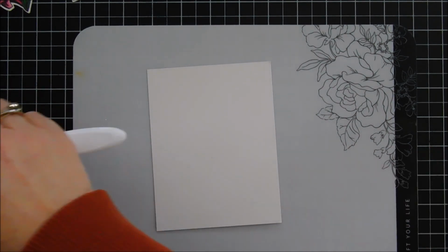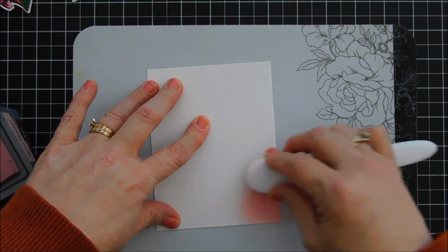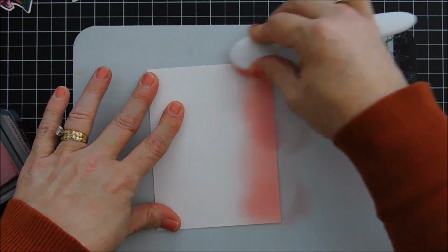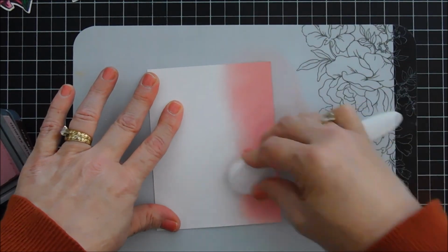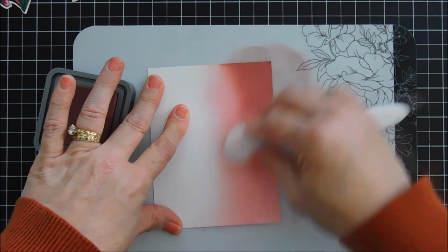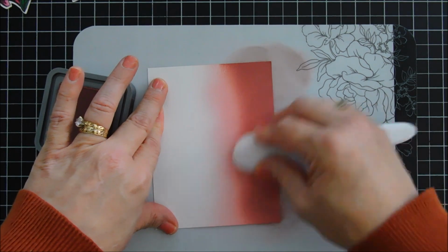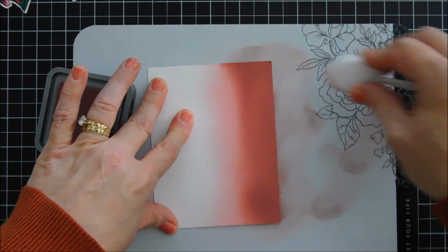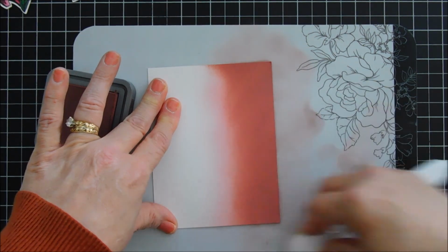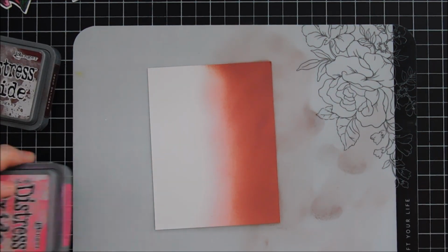The 2 inks that I'm going to use are Distress Oxide inks. The first one here is the lighter of the 2 that I'm going to be using, and it is called Victorian Velvet. It's a really pretty pinkish color, and it goes really good with aged mahogany, which is the color that I'm using now. I'm just blending both of these together, and I have my flowers right next to me, and I'm trying to coordinate the colors of the background with my flowers, and it's pretty close, but I think I need a little more pink,